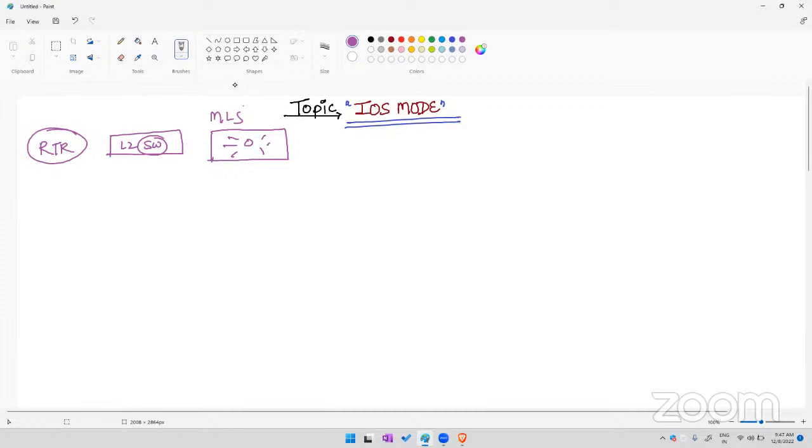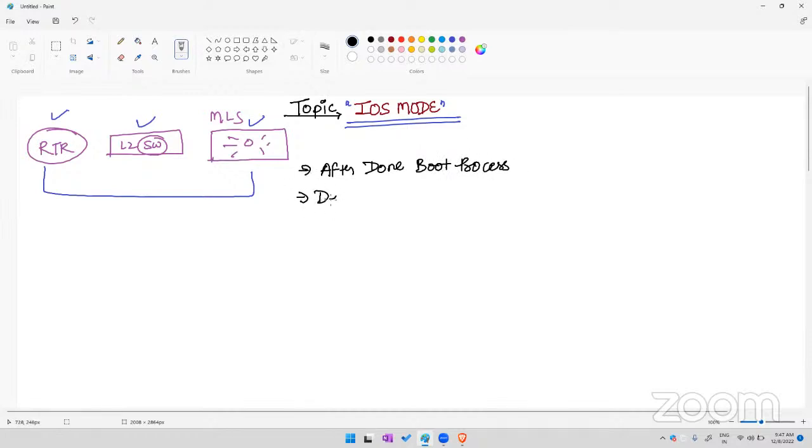If you have a firewall, load balancer, or any other device, different types of modes are available. But in CCNA, we learn the modes of these three devices. How many modes are available? How do we get these modes after doing a boot process? After the boot process, the device shows a system